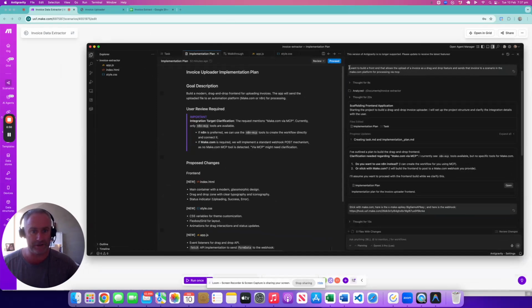Okay, so all I've done here is I've given it this instruction. I want to build a front end that allows the upload of an invoice as a drag and drop feature and sends that invoice to a scenario in the Make.com platform for processing via MCP. What it came back with is it thought for 8 seconds, analysed it, had a look at the folder structure. Of course, there's nothing in it at that stage. I didn't give it any more instructions than that. And it started building the drag and drop invoice uploader,